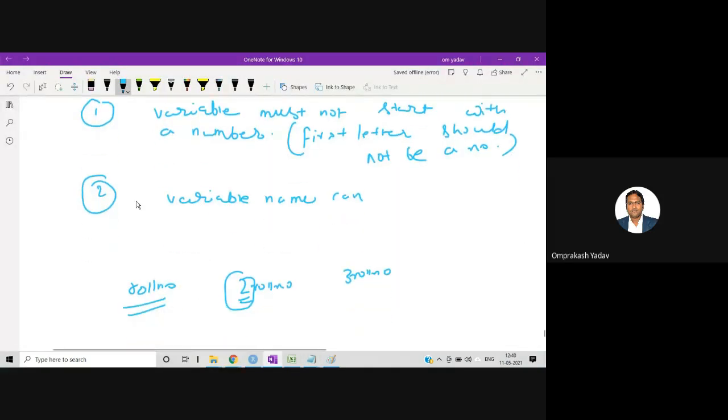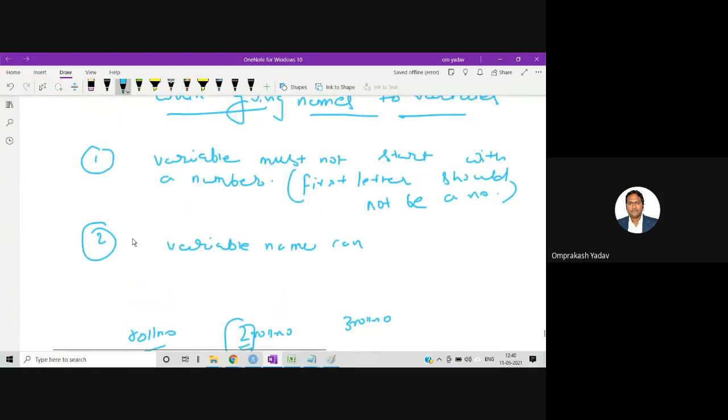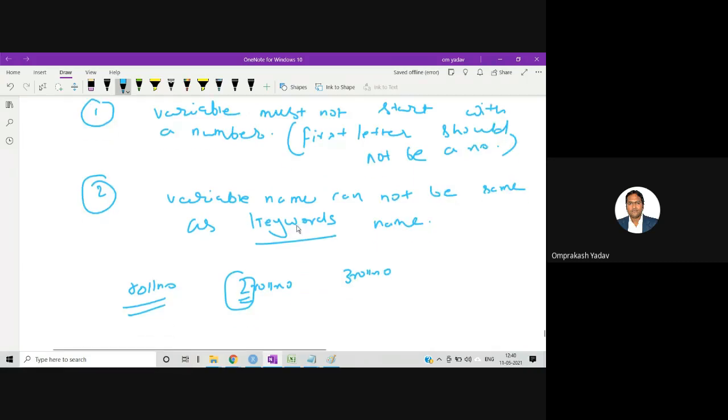So I was explaining you about the rules of the variable. Second point is what? Variable name cannot be same as keyword names. In C language, there is something called as keywords.